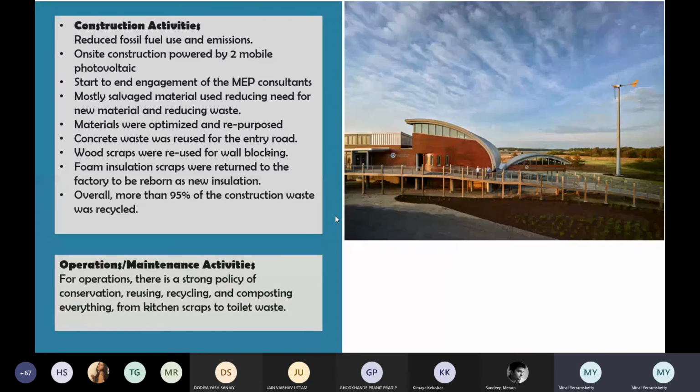Reducing the waste on the site and reducing waste from other sites, okay? So that was the whole idea of making this more sustainable. Materials were optimized and repurposed, okay? In the sense, as I told you, some of the insulation material which they borrowed from the other salvage sites,